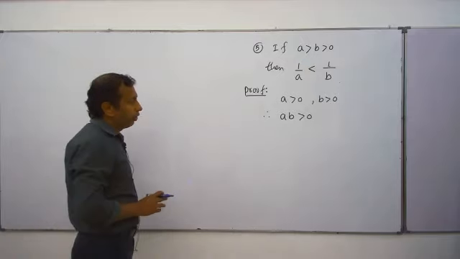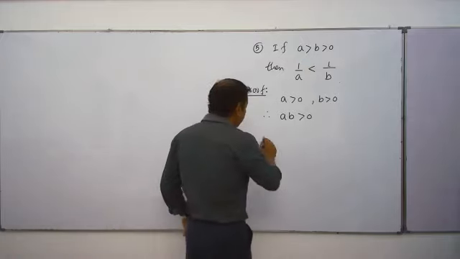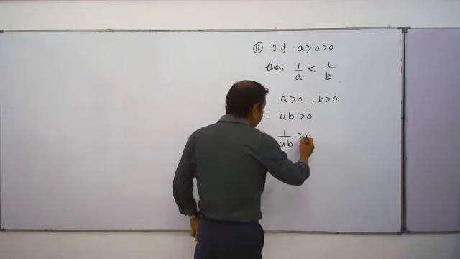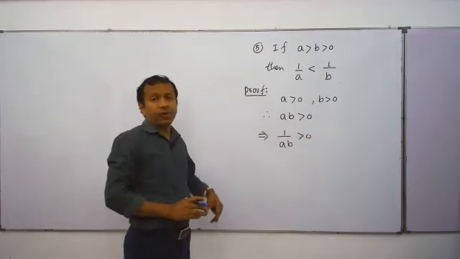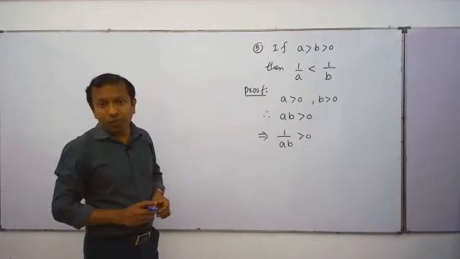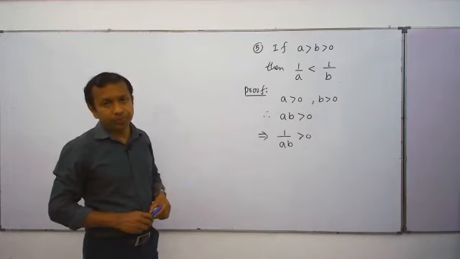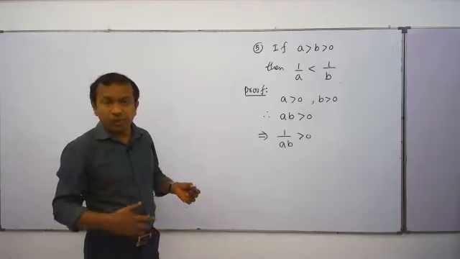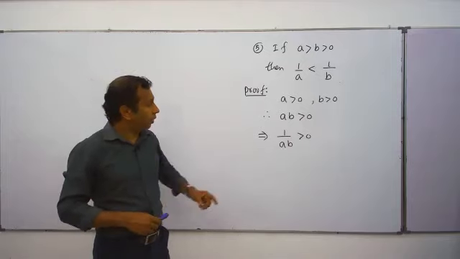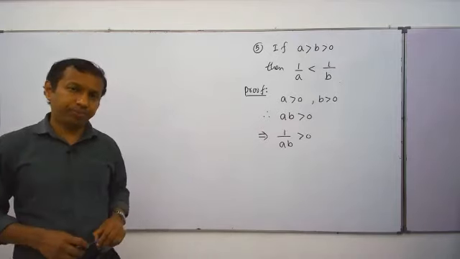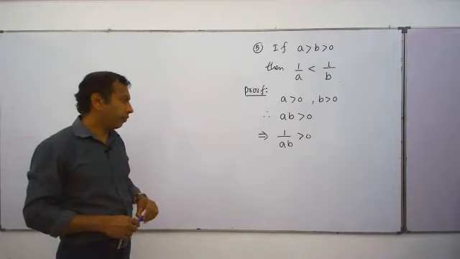Right? That is true. If AB is positive, this implies 1 upon AB is also positive. Why? The reciprocal of a positive real number is positive. Right? 10 is positive. The reciprocal of 10 means 1 upon 10, also positive. Like that. If the AB product is positive, 1 upon AB is positive. Right. Now,